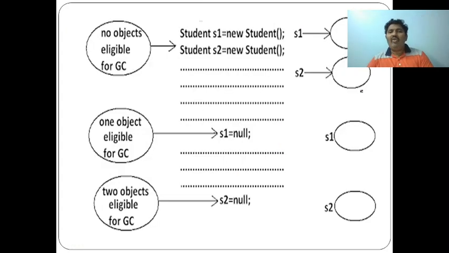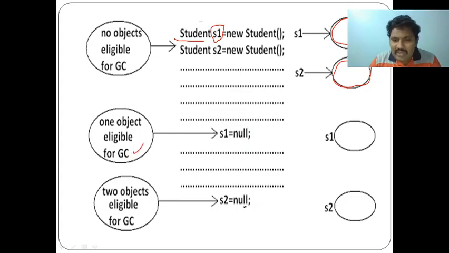Next, see how we can make an object eligible for garbage collection. For example, for the Student class, I have created objects S1 and S2, and automatically some memory is allocated for those objects. By making the statement S1 = null, I make S1 eligible for the garbage collector.